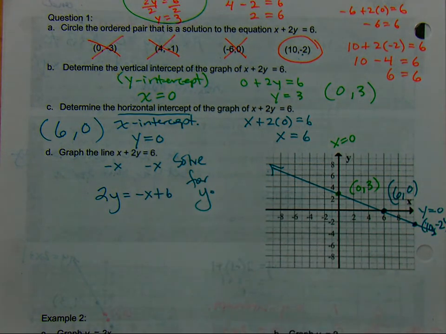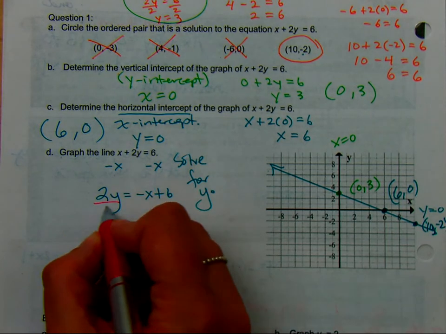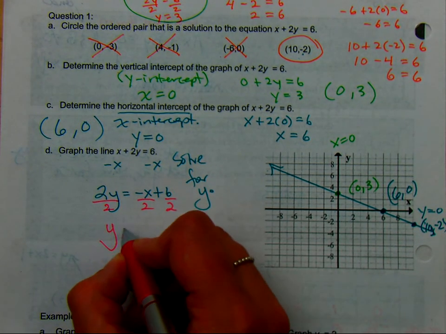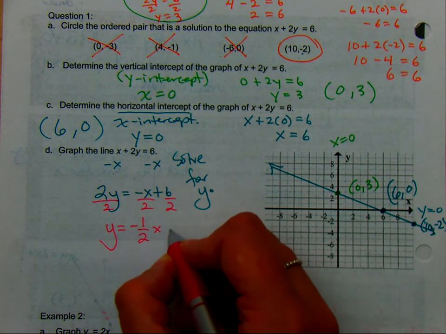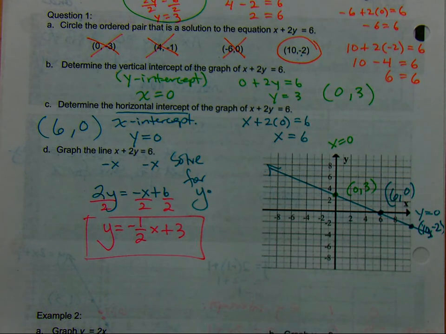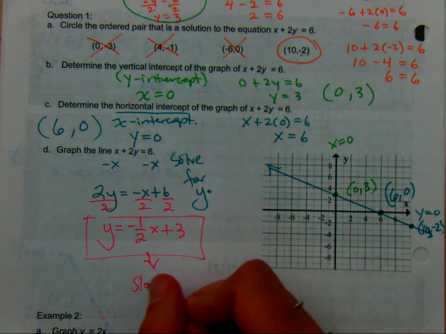What would I do next? Divide by 2, right? Everything gets divided by 2. Y equals negative 1/2 x plus 3. This is the same exact equation, just written in a different form. When we get y by itself, later on we're going to learn that this form is actually called the slope-